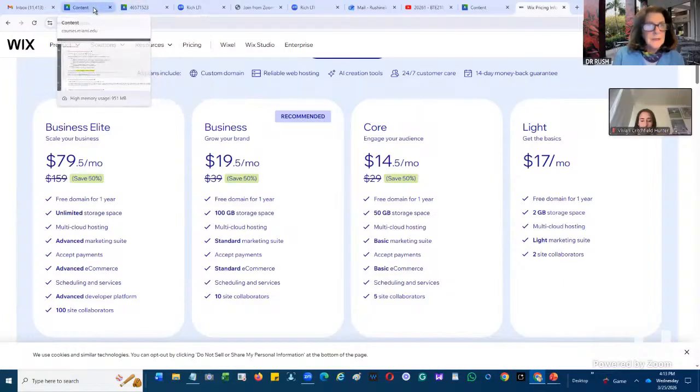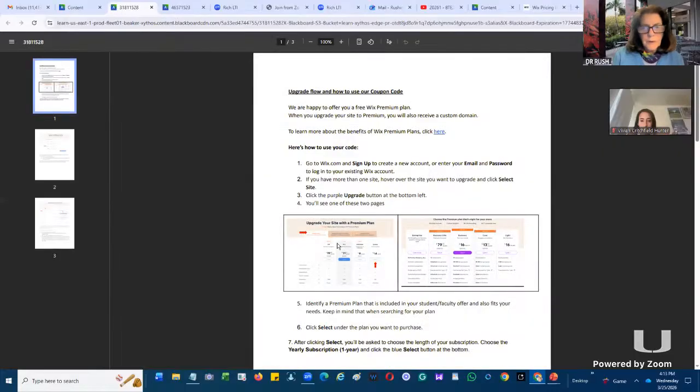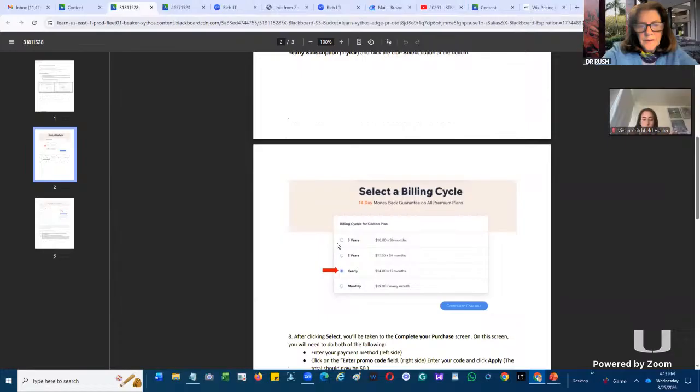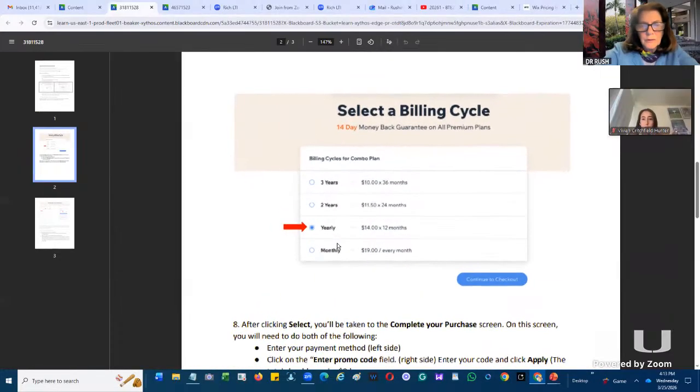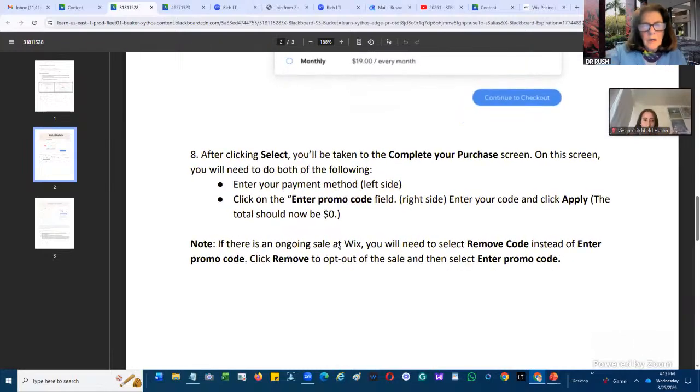So I should see the coupon code, right? And I want to do yearly. Where it says enter promo field, delete the promo field, and then enter the code that we gave you. You'll need to remove the code and enter it.